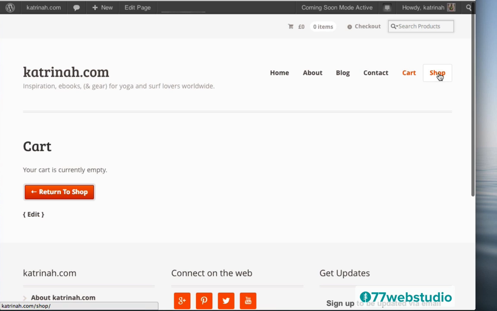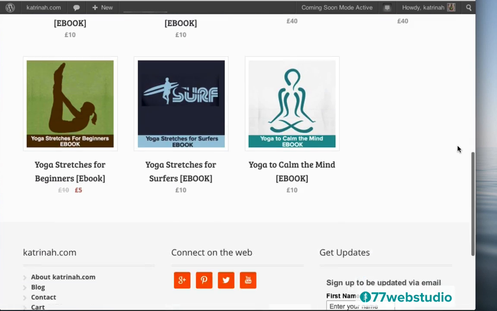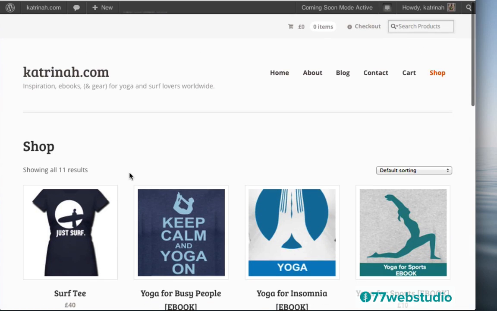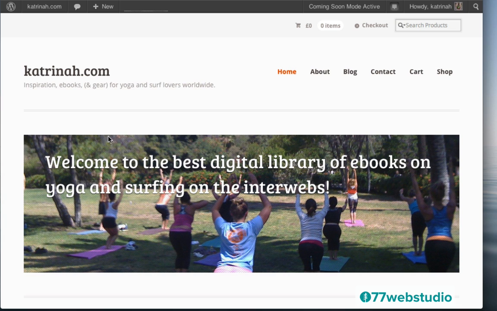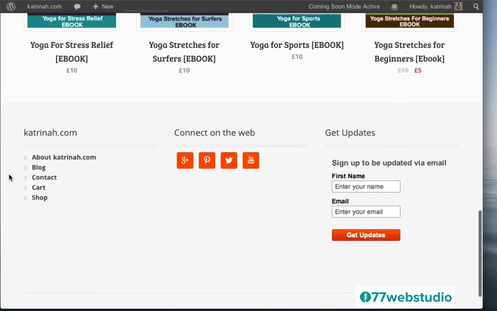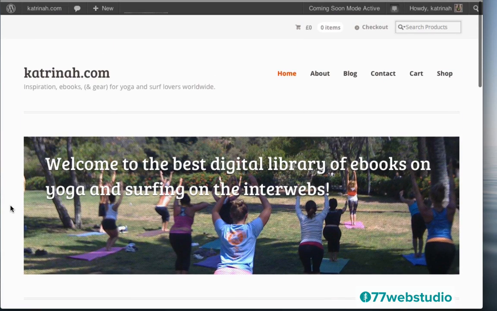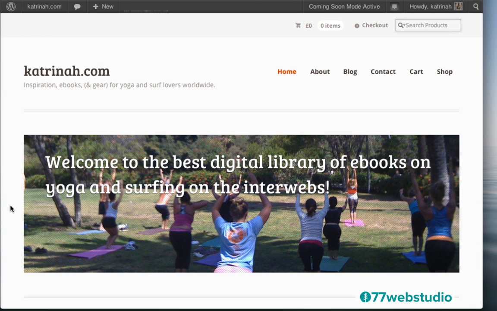Okay, I want to do the same thing with the shop page, so I'm going to click on Shop, and actually it looks like the shop page looks good. There's no sidebar, so that's great. So here we are on the home page of our WordPress e-commerce responsive website, and we can see that we're almost ready to go. We're almost done. We've got just a few more steps to do. So let's set up the shipping as well as the payment options. Those are the two remaining steps for our website.